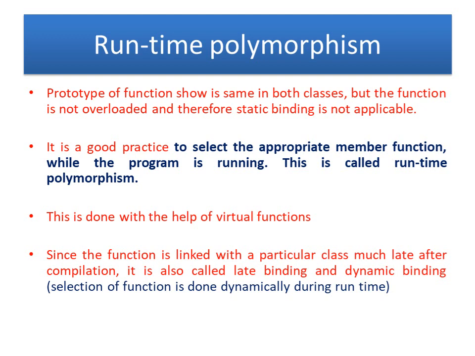So the appropriate member function is going to be called during the runtime. This we call runtime polymorphism, and it is accomplished with the help of virtual functions. Since the function is linked with a particular class much later after the compilation, we call this type of polymorphism late binding, dynamic binding,